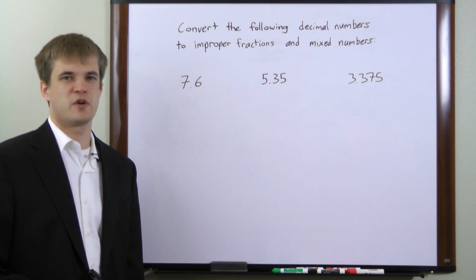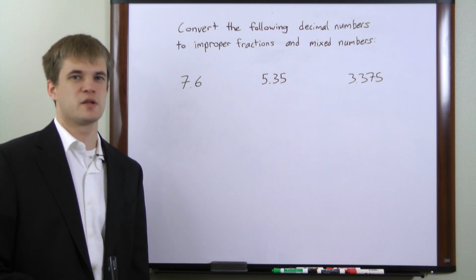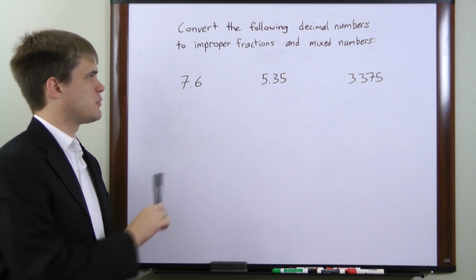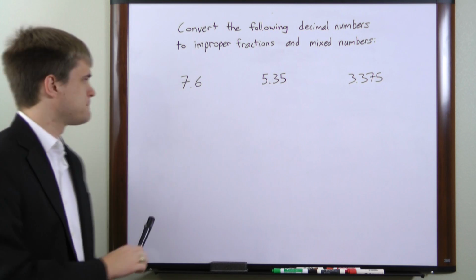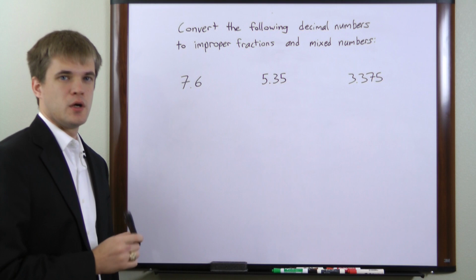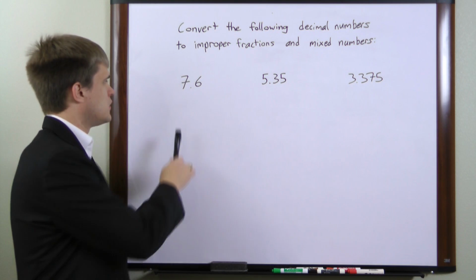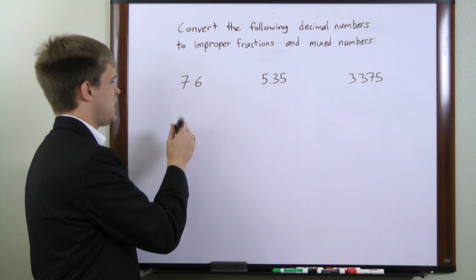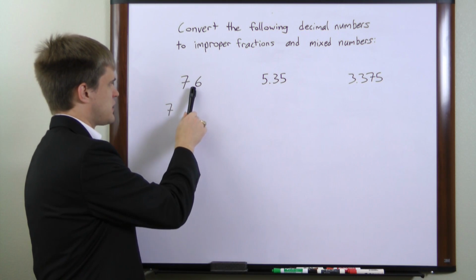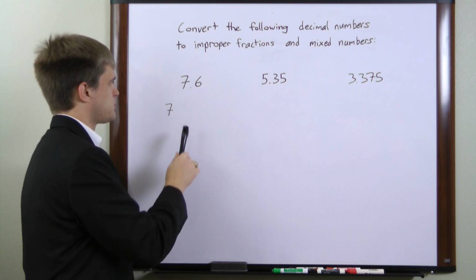The first step in converting a decimal to an improper fraction is to convert the decimal to a mixed number. So we'll convert to mixed numbers first. In this first example, we have 7.6. To convert this to a mixed number, we'll take the whole part, or the part to the left of the decimal, which is a 7, and then we'll take the part to the right of the decimal, which is a